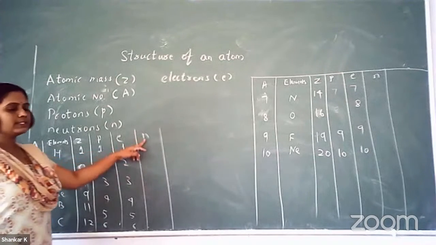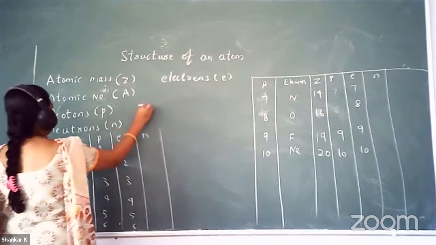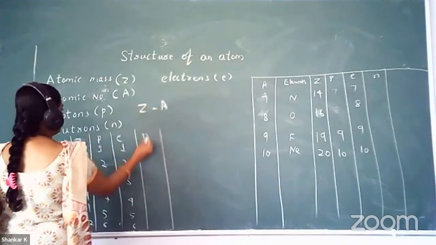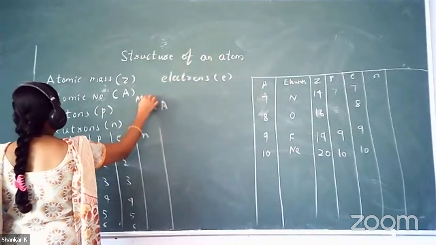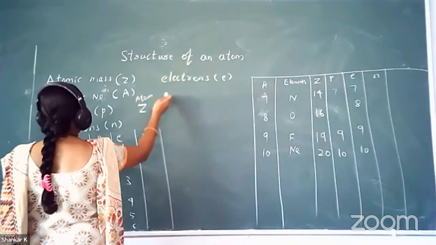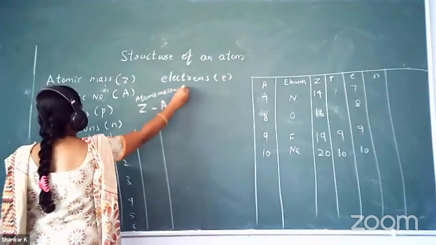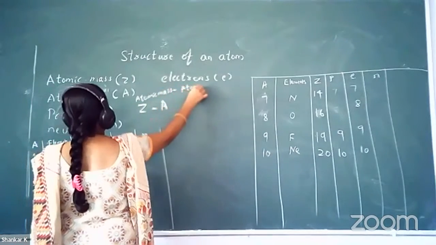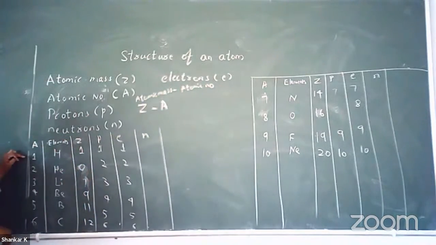Now, how to find this N, students? What we have to do? We have to do A minus Z. What do we have to do for finding neutrons? Atomic mass is there, no? So we have to take the atomic mass minus the atomic number. So, the atomic mass of this,